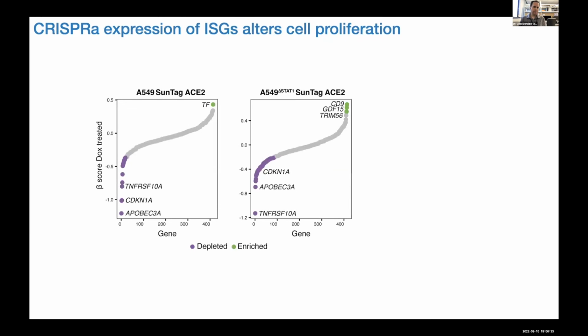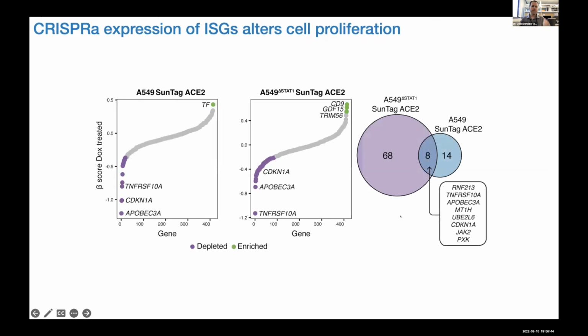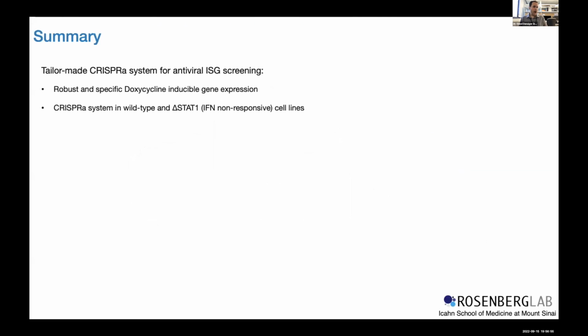I'm just going to say it very briefly. We are following through also on genes that were found to be anti-proliferative or pro-proliferative, because we have some very important highlights here of genes that we know affect cellular proliferation and could be very relevant to different kinds of cancer studies. So I've described a tailor-made CRISPR activation system capable of ISG screening by answering different challenges